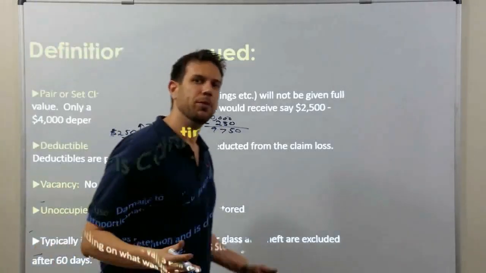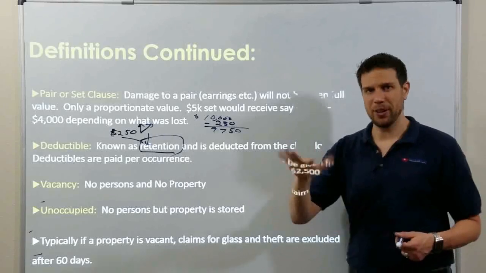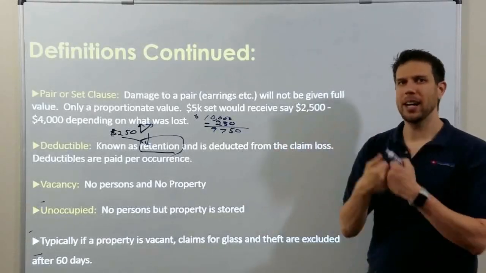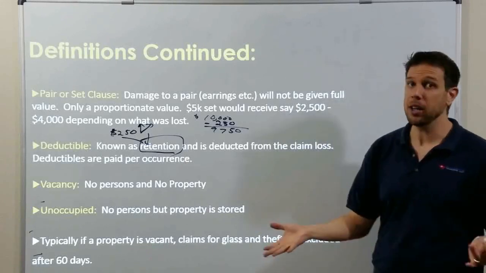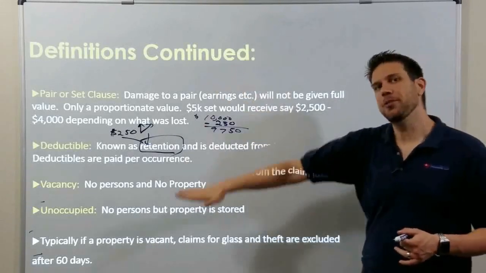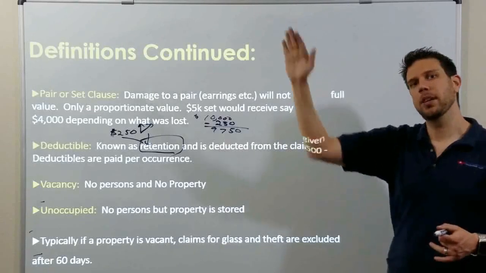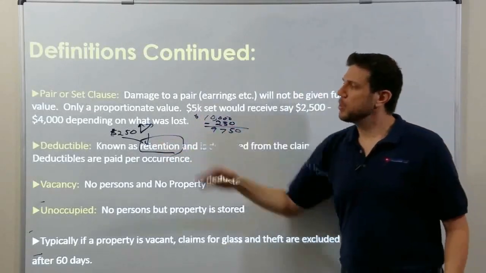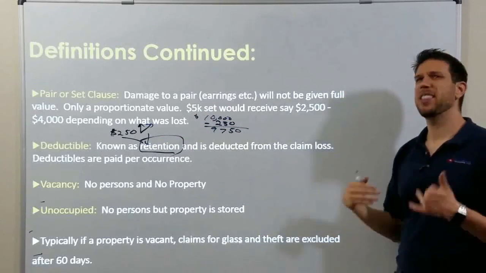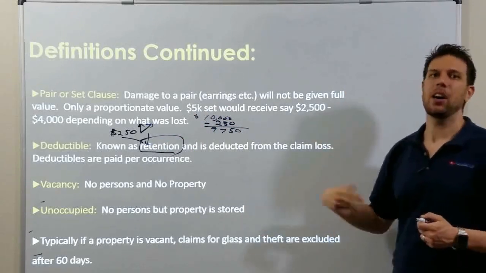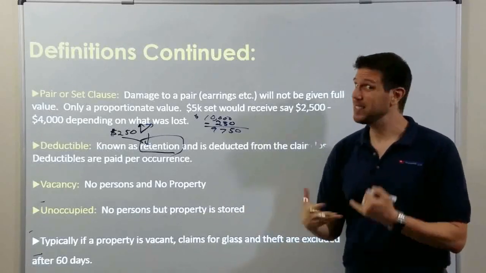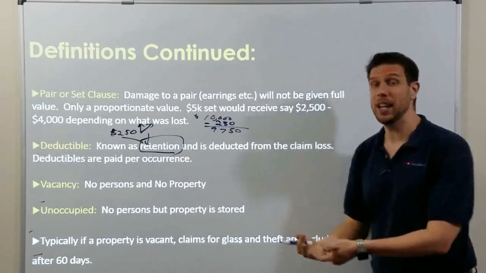A lot of people for auto insurance choose a $500 deductible because it's relatively safe. You get in a car accident, $500, they'll fix your car. But if you went down to $250, your premiums would go up. If you went up to $1,000, your premiums would go down. Deductibles help keep the customer thinking. If you have to pay $1,000 out if you get in an accident, you're probably going to drive a little bit safer than if you only had to pay out $50.